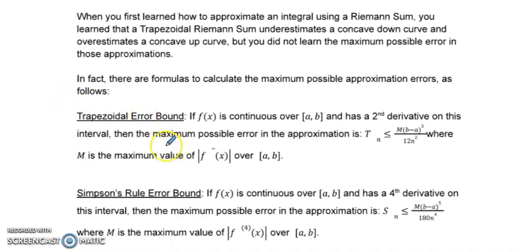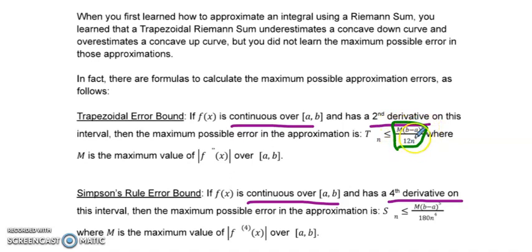So both error formulas work only for functions that are continuous on the closed interval. With the trapezoid rule, you have to have a second derivative existing throughout that interval. And for Simpson's rule, you have to have a fourth derivative existing on that interval. So for the trapezoid rule, the maximum possible error in the approximation is going to be this, M times (b minus a)